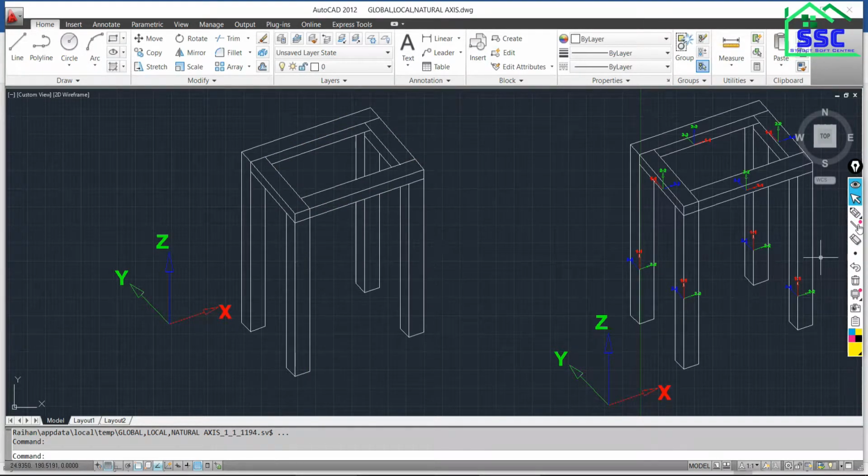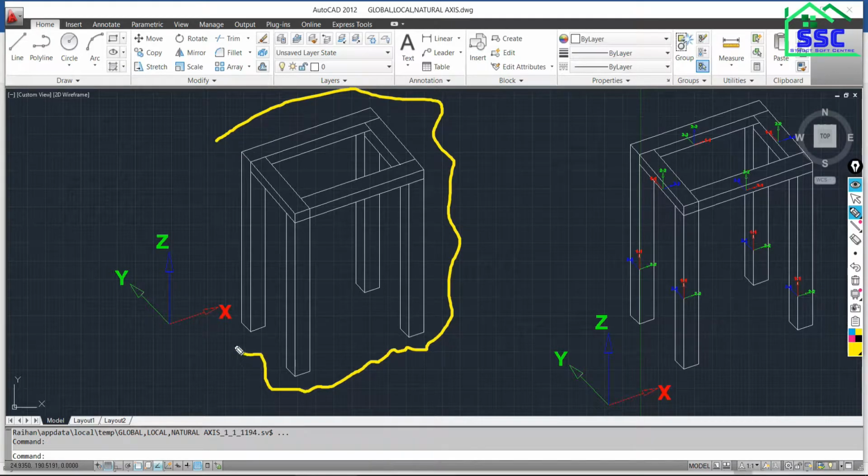Now see, this solid model consists of different structural elements. This is a beam, and this is the entire 3D model. But if you move one step inside, you will see all the members there.